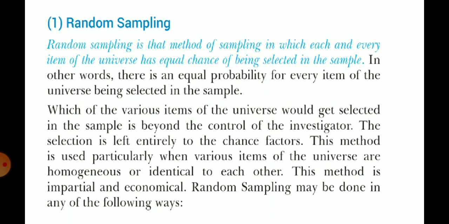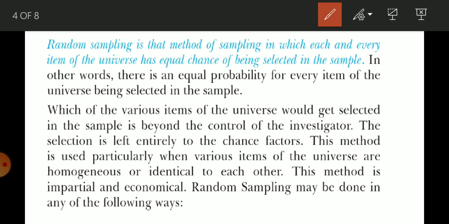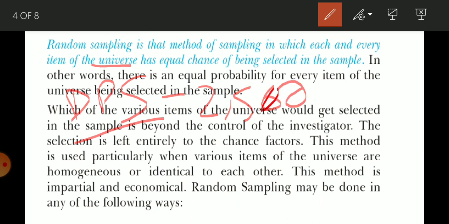So let us understand it in a more proper way. First of all, from your book, what is random sampling? This is the meaning of random sampling that is given in blue line. Random sampling is that method of sampling in which each and every item of the universe. What is universe? I had told you, whatever people come under the area of inquiry, that is known as a universe. Suppose the area of investigation is Divine Public School, and there are 2,500 people studying. This is what is considered as a universe.